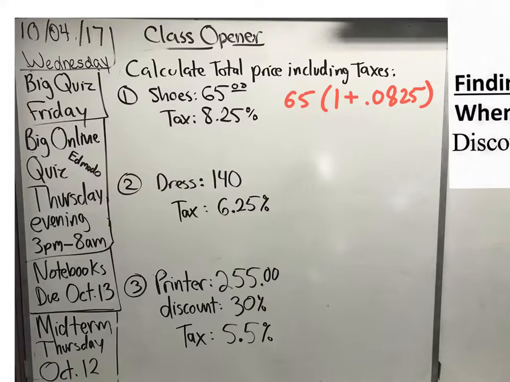So with the calculator, I know that my answer is 70.3625. Now we're talking about money here, so money, dollars and cents. So we're just looking at the $70.36,